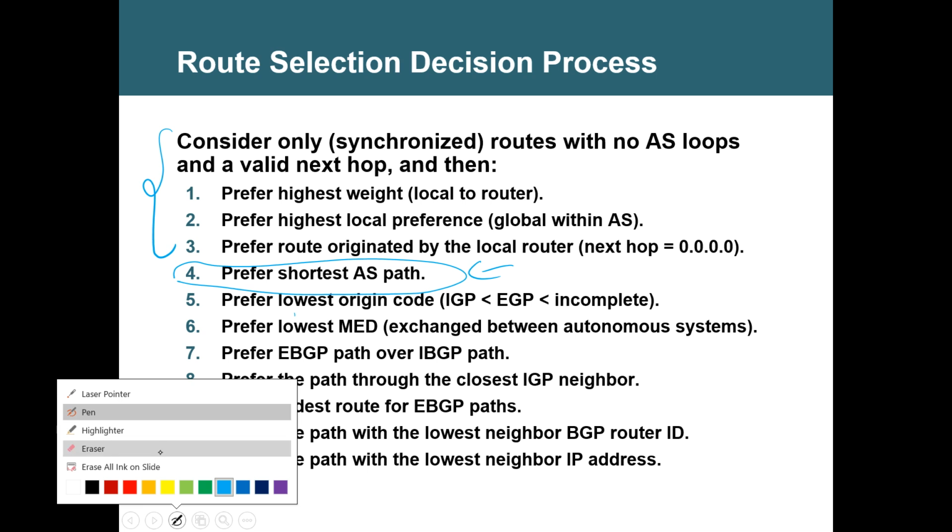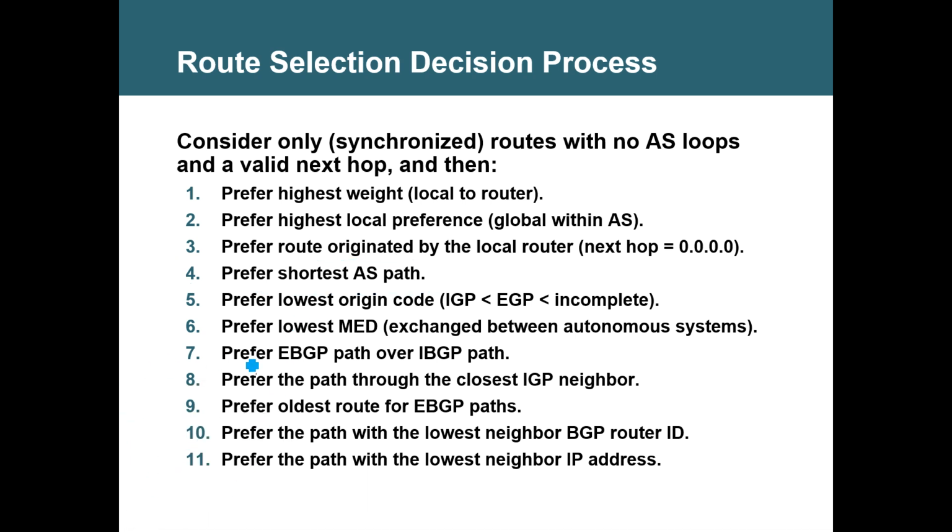So, if there is a tie in this also, both directions, the AS path has got same hops, then only it will compare the origin code. Listen, we learned about origin code. I is smaller than E is smaller than question mark. But you need to understand, when will this come as a tiebreaker? Only if there is a tie in these 4.